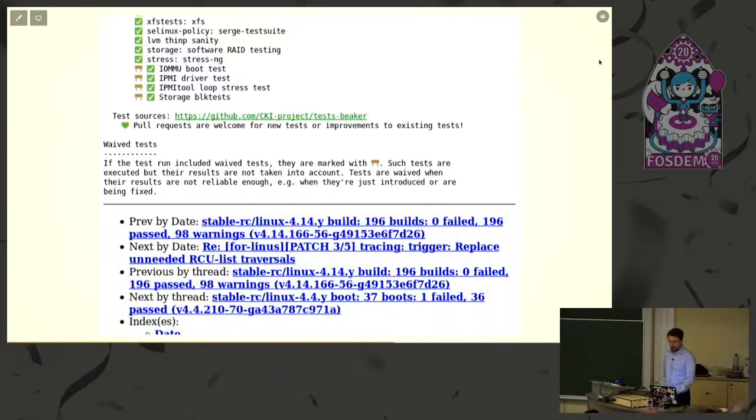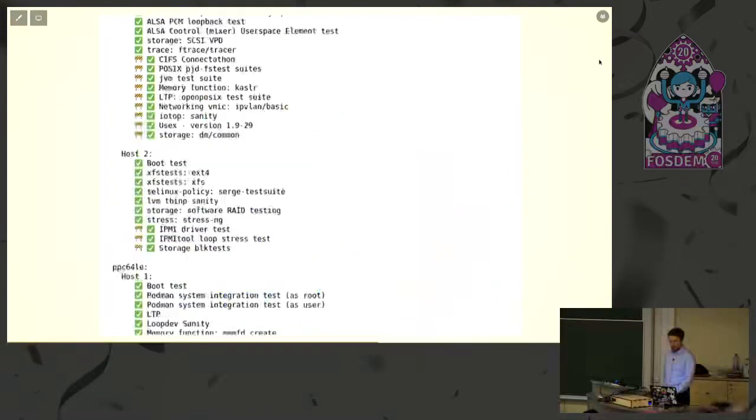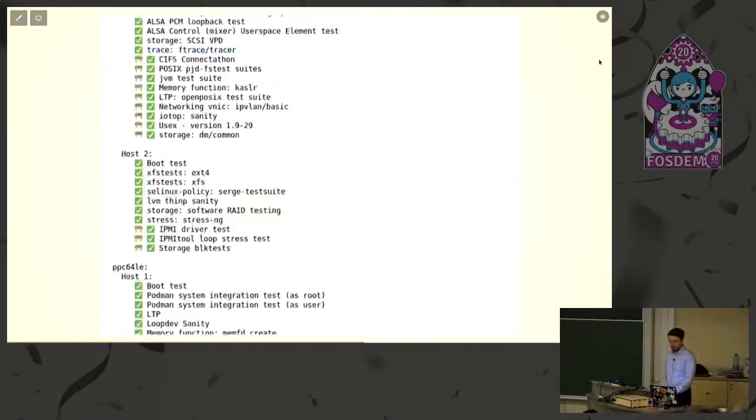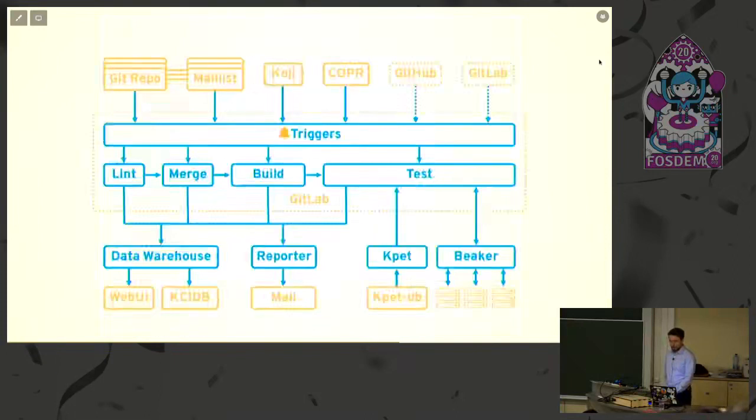And that's an example of a report that we send upstream. Our internal reports are a little more elaborate. You get to see actually links to the Beaker results and explore the logs and everything. But those tests actually have artifacts. There's a blue link there. These contain the binaries, config files, and logs, things like that. So, and then finally